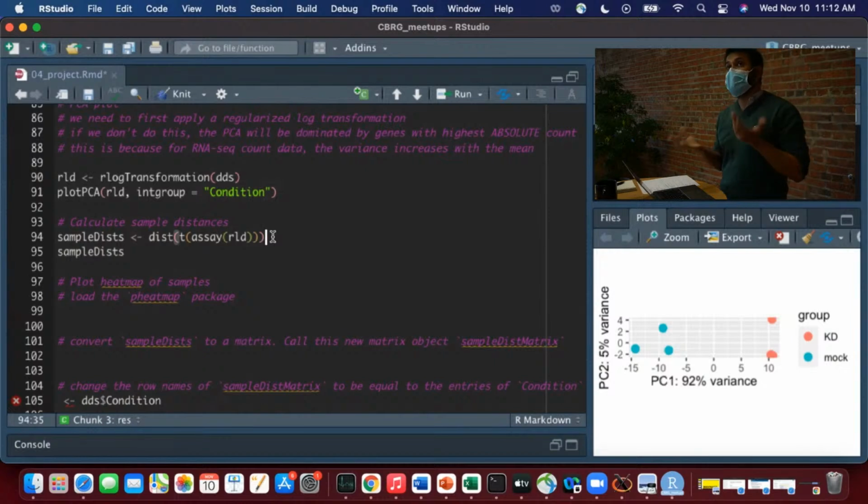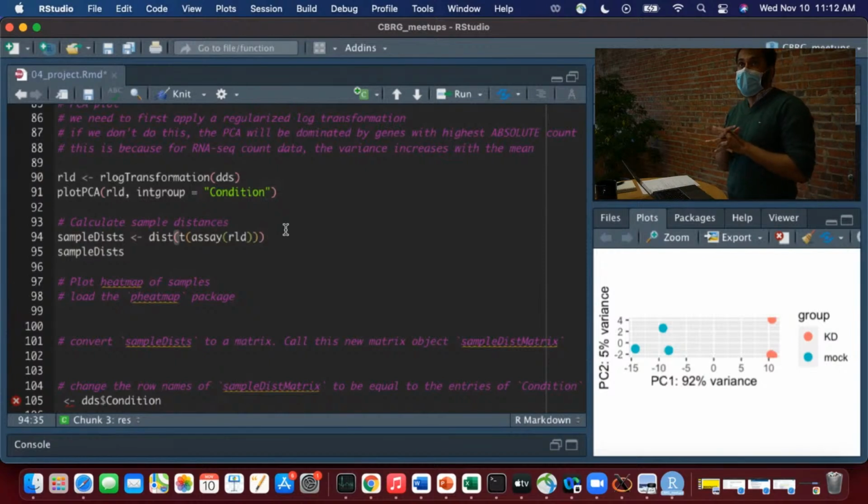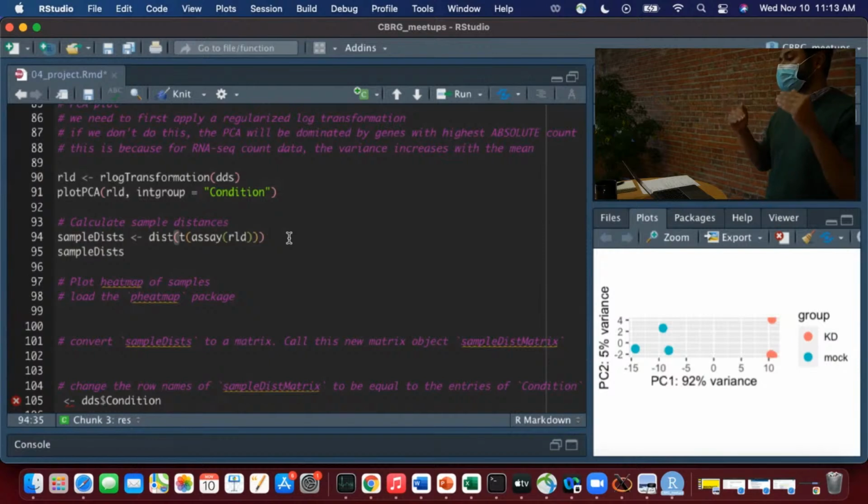So that's not the only thing you can do with this new RLD object. You can also use it to make heat maps. One heat map you can make is a heat map of your samples. In this case, we have the samples, and you can use multiple metrics. The metric that is used in the DESeq2 vignette is to work out the Euclidean distances between each sample